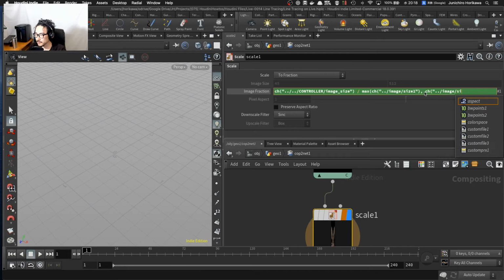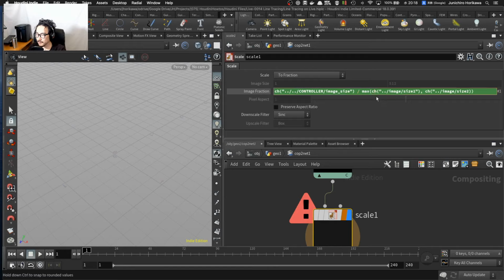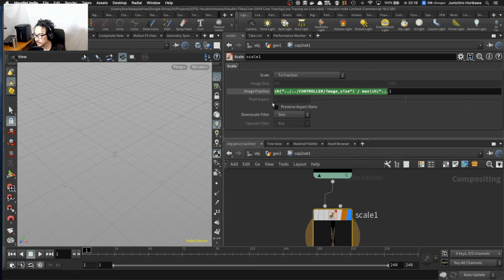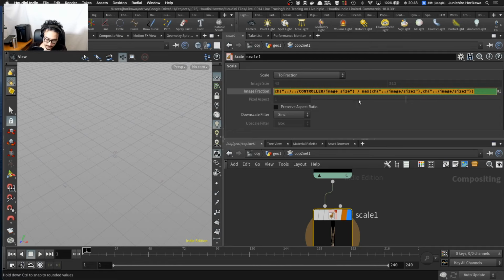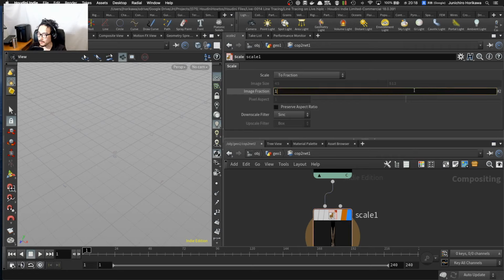In this case, size 2, like this. And I think I'm missing some expressions here. So I have this one. Let's just copy this and paste this here. Say set it to 2, right? Now it says, I guess it's the same value, but I am going to copy this again and paste it